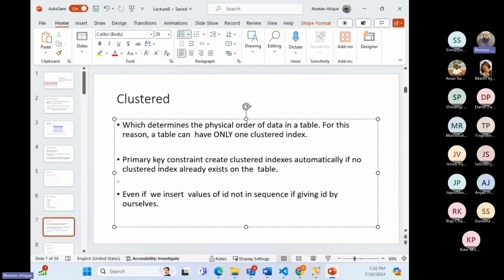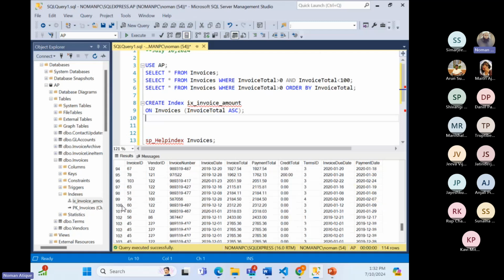Okay, so a primary key constraint creates a clustered index automatically if no clustered index already exists on the table. So a primary key will automatically create the clustered index. Remember what a clustered index is? A clustered index determines the physical order of the data. Now, even if we insert ID values not in sequence, giving the ID by ourselves. What they are saying is, even if we put some ID by ourselves, for example, I put an ID by myself,